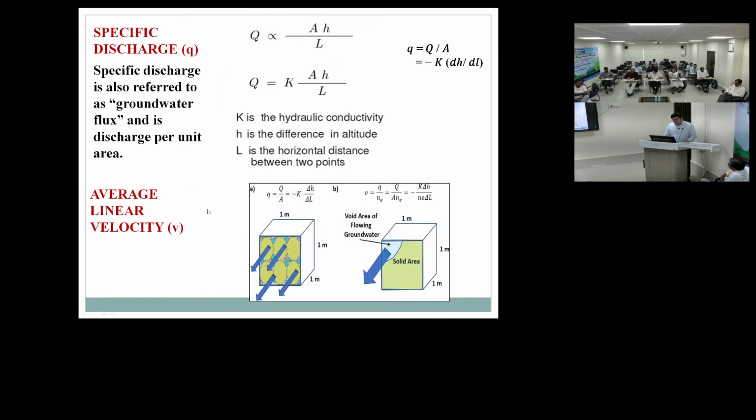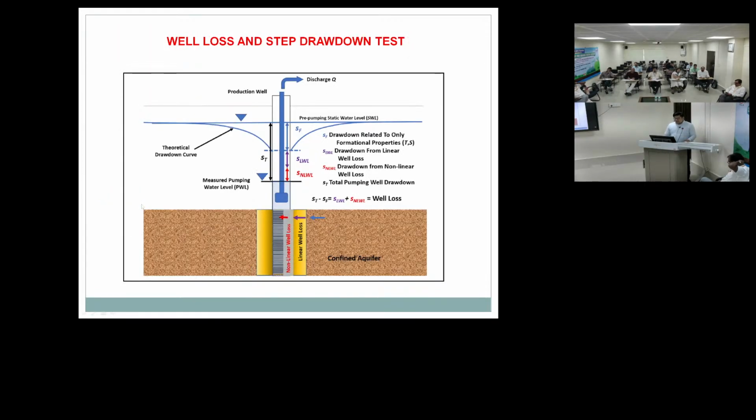Now this Darcy's specific discharge refers to groundwater flux, or discharge per unit area. For considering all these things, transmissivity, permeability and all, we cannot just say it, because we need something scientific, some experimental thing. So that's why we go for an aquifer pumping test, or a well loss step drawdown test,